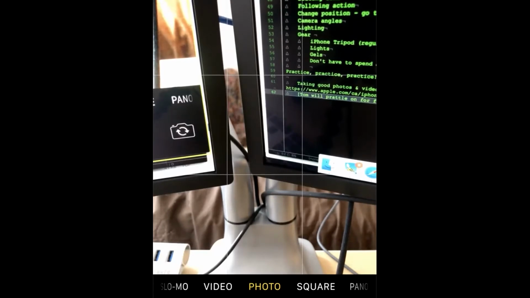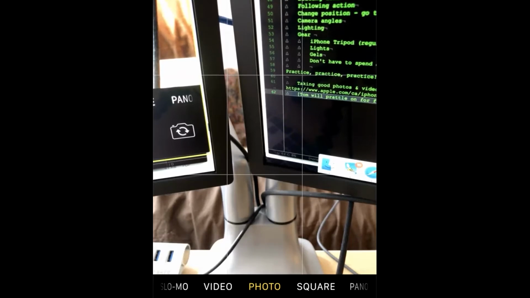Usually what you want to do is capture a piece of action, like your dog jumping, or your kid catching a ball, or some other action-related thing, and getting the exact timing of it is a bit difficult. Just hold down the trigger button and go. It will merrily take as many photos as it can, and as you saw, I took 86 pictures.